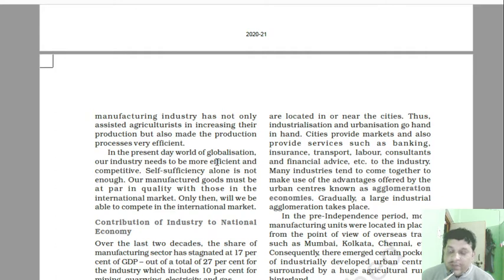Only then will we be able to compete in international markets, because we also need to export our items. Suppose Indian Maruti cars are being exported to many developing nations. Indian textile products and fabrics reach the UK and USA. So if our manufactured goods reach the international markets, it should not only be at a level where they may compete with the products of other nations, but they should also be of good quality, and competitive enough to survive in the world of competition and globalization.